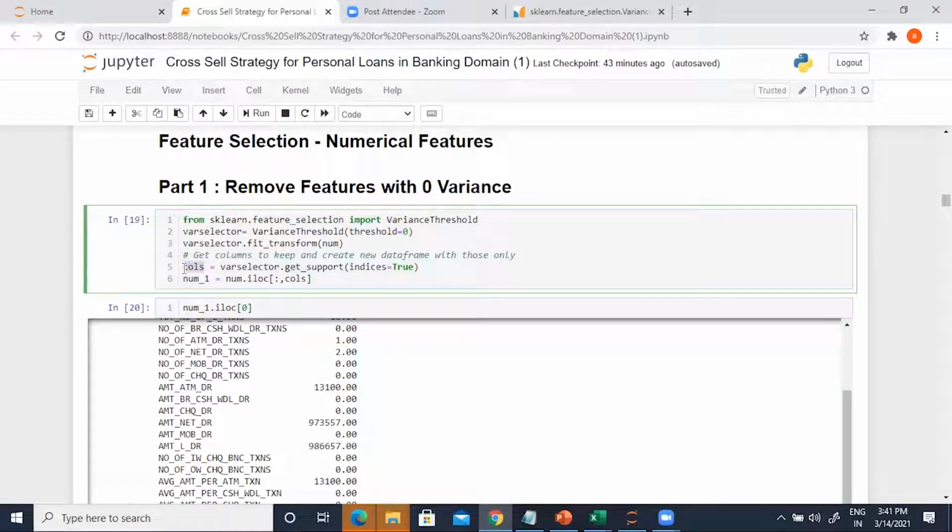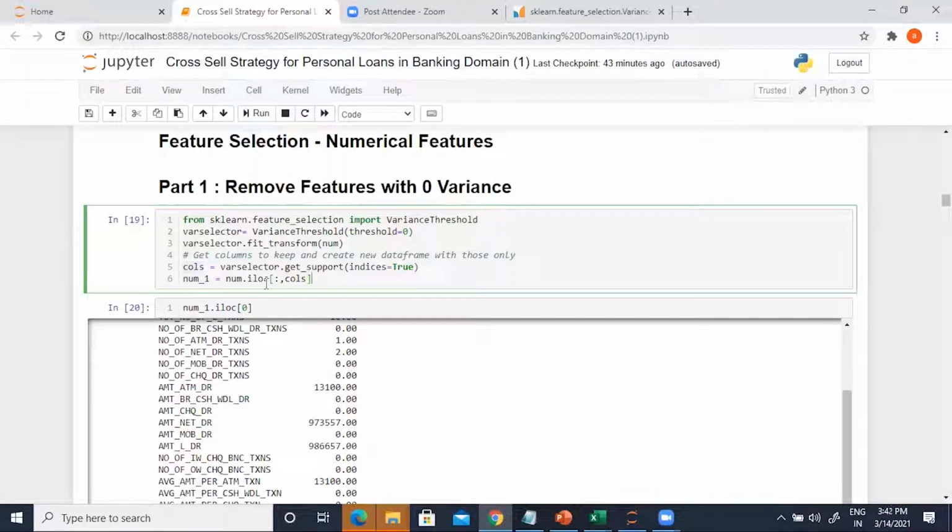Give that list a name. I'm calling this COLS. That's the name of the list that I've given. Once you have these indices in a list, you can use iloc in order to select those particular columns.